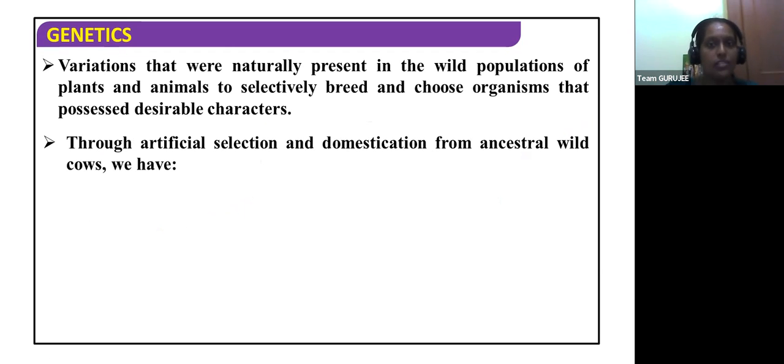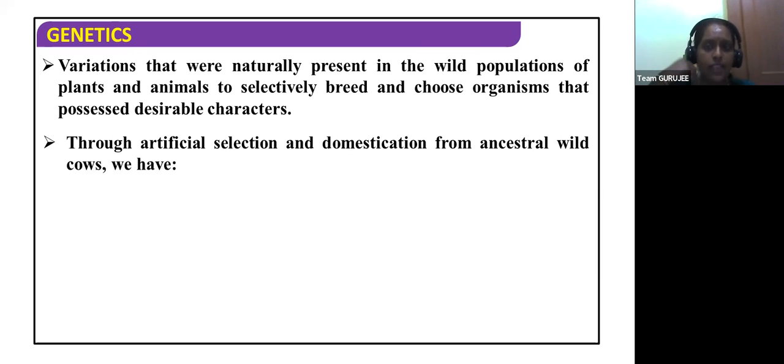Do you all know what domestication is? First of all, when did domestication start? Maybe in your sixth standard first chapter, there would have been domestication of animals. We know domestic animals. Why did we not domesticate lion and tiger? Why did early man domesticate cows, goats, chickens? Why did he not domesticate lion and tiger? Yes, so domestication means making them grow very close to your area where they will be very helpful for us.